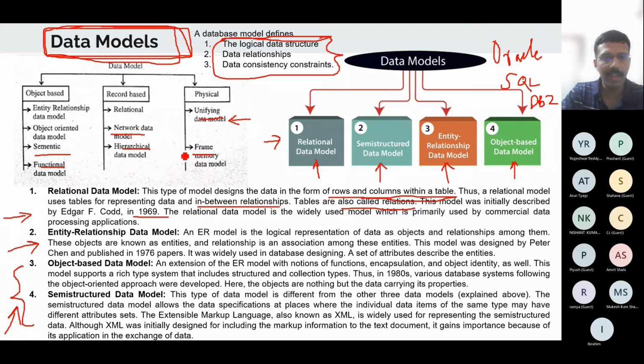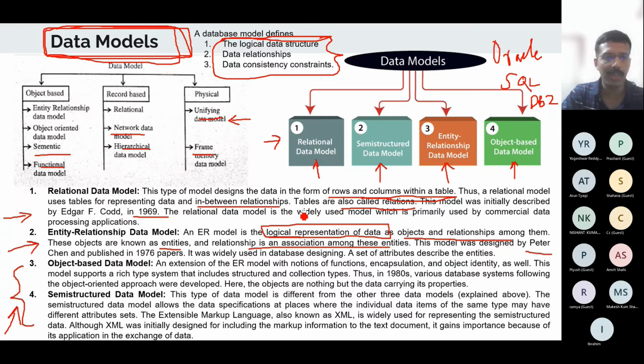Then the ER model is a logical representation of data, like the conceptual level we saw earlier. The ER model is very convenient for describing the schema. It represents data as objects and relationships among them. These objects are called entities, and relationships are found between entities. For example, students can view the marks, or a teacher teaches a course and students attend a course. So student, teacher, and mark can be thought of as entities, and teaches, views, and attends can be thought of as relations.